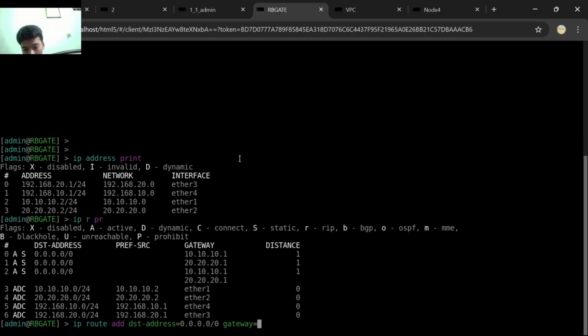For the first gateway, there is 10.10.10.1. Enter. And the other gateway is 20.20.20.1. Okay, and enter. And the result is going to be like this.